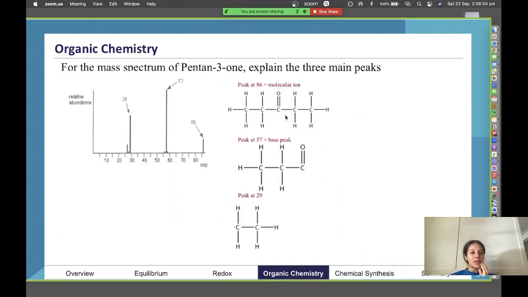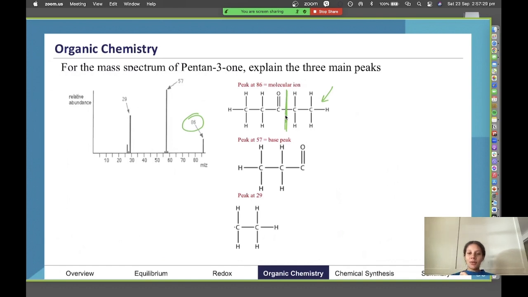So if we have a look at what these all correspond to, they're different fragments of this main molecule. So if we have 3-pentanone, that's what's going to make up our molecular ion. So our most abundant mass to charge ratio, the 86, that's the mass of the biggest fragment that we can get, except the fragment is just the whole molecule itself. So that's what we have for our molecular ion there. Now for the base peak, that's when we've sliced up. So the process of mass spectrometry is that we take these molecules, bombard them with energy, and we basically split it up into lots of different pieces.